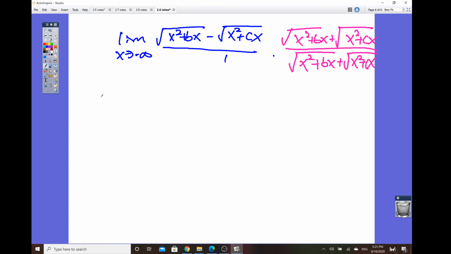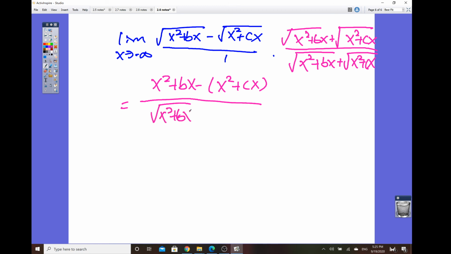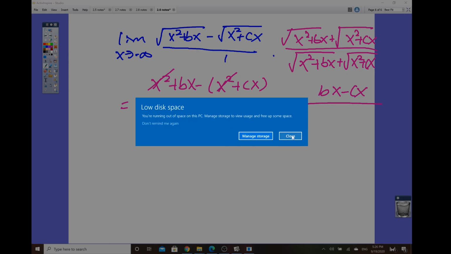So now what we found here, we got x squared plus bx minus the quantity of x squared plus cx. And it's all over the conjugate, square root of x squared plus bx plus square root of x squared plus cx. So x squared minus x squared, that's 0. So what we left here, we got bx minus cx. Denominator, we can always take out the